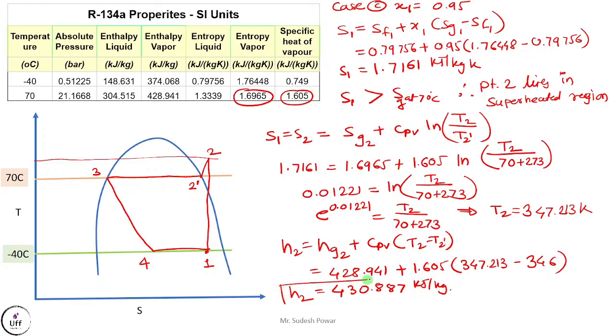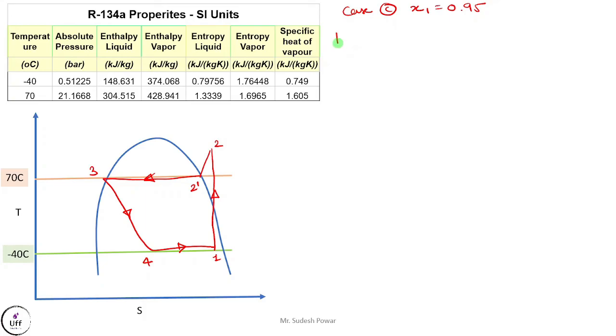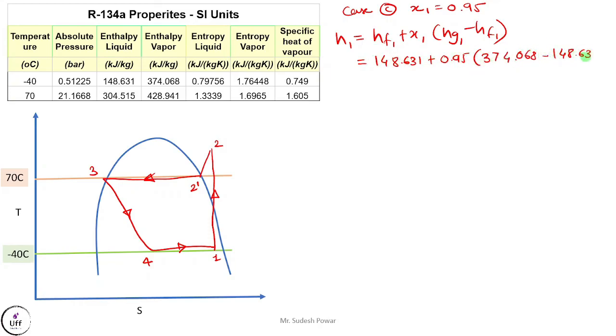So enthalpy at point number 2 we got. Enthalpy at point number 1 we can calculate. So enthalpy at point number 1, H1, is equal to HF1 plus X1 into (Hg1 minus HF1), since point number 1 is inside the dome. If you solve this, you are getting the value as